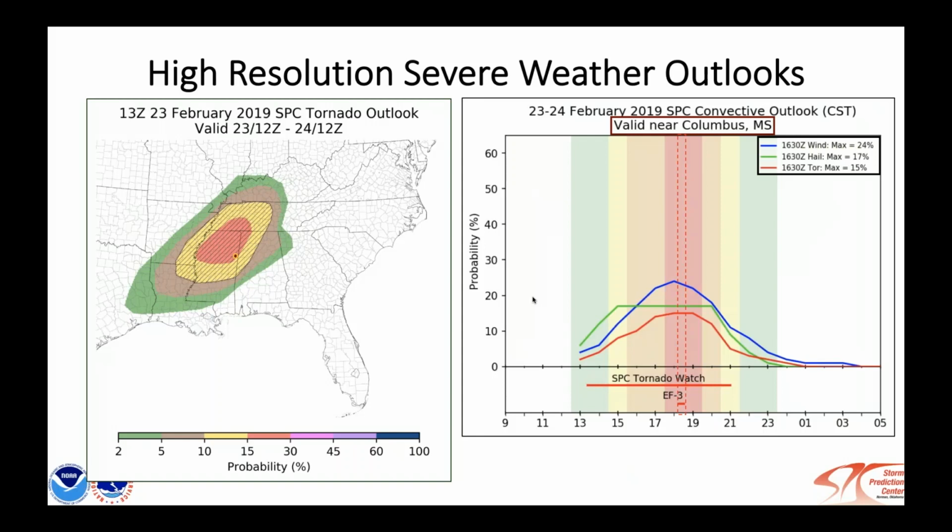So I know I'm right at my time allotment, so I'll stop here. There are additional slides in this slide deck showing some implicit information regarding tornado intensity distributions based on the SPC forecast. Down the road, we'll be working on ways to try to make this more explicit. But just for your knowledge, I've included some of the slides, and hopefully we can share the slide deck with you, and you can take a look. And if you have additional questions,